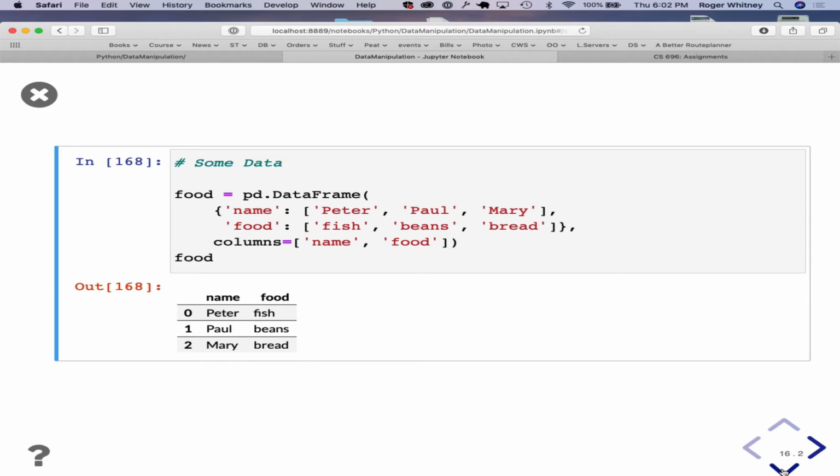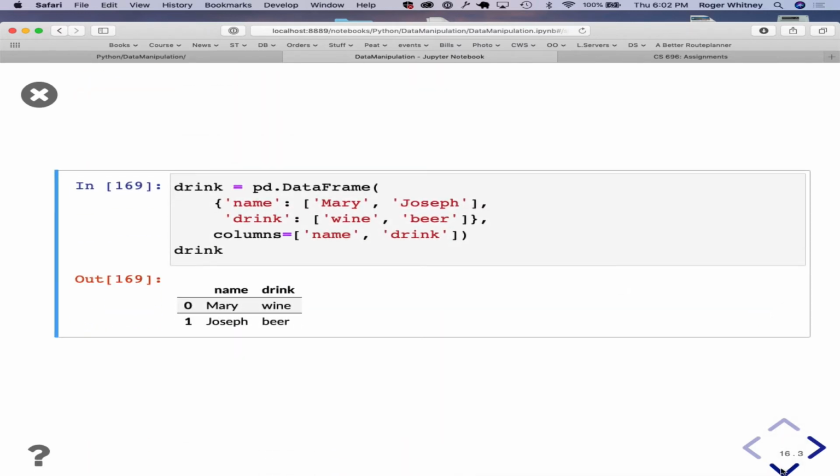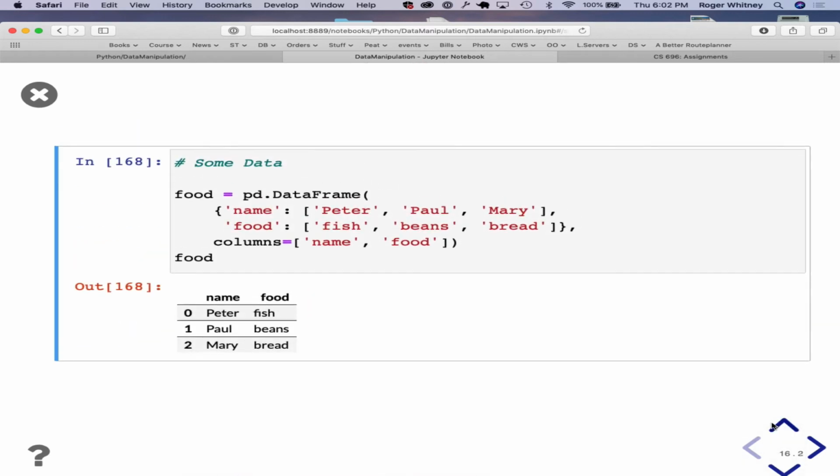So I got names and food they like, and then names and drinks they like. And now when you combine them, what do you do? Because the second table only has 2 people. First one has 3 people, and each table has people who are not in the other one.